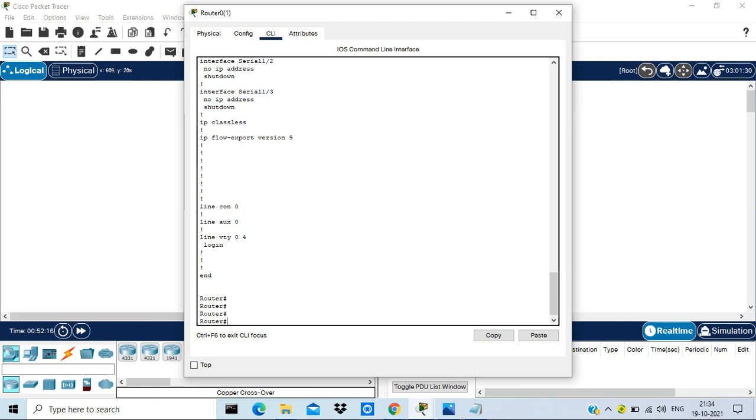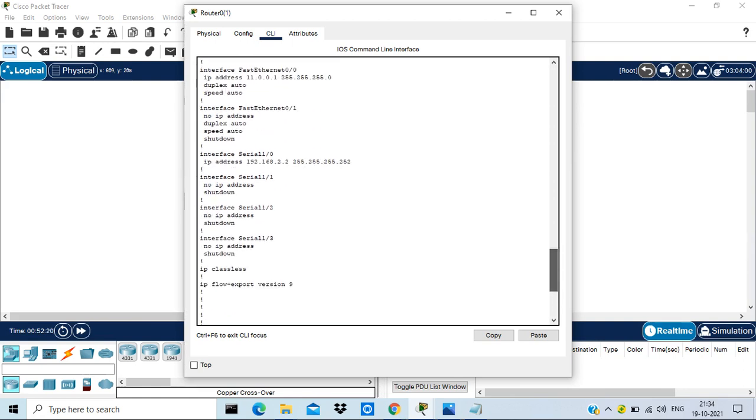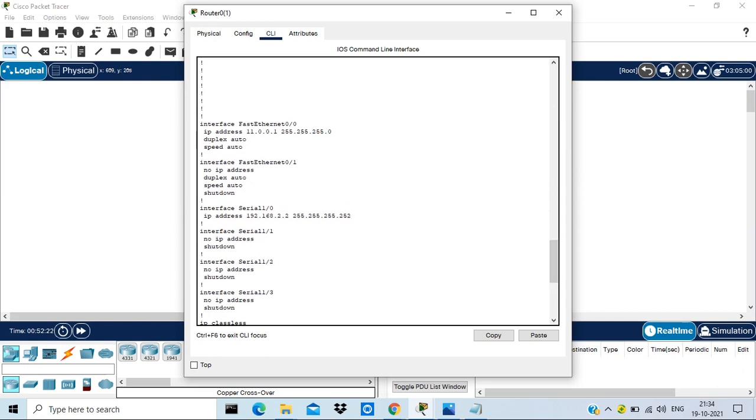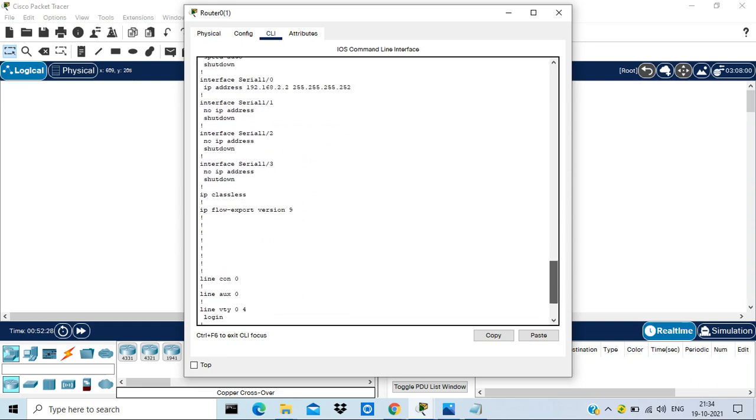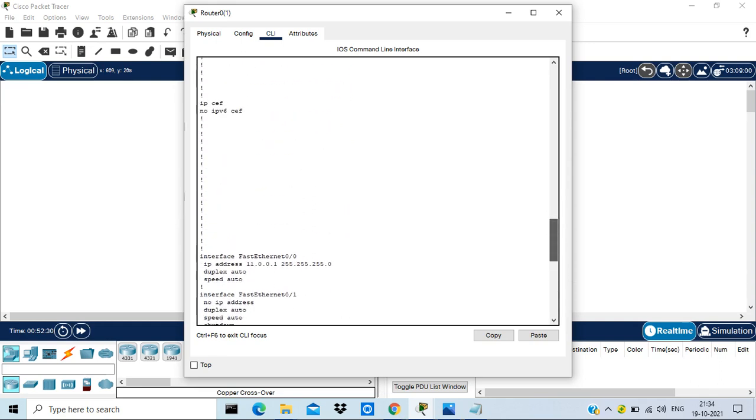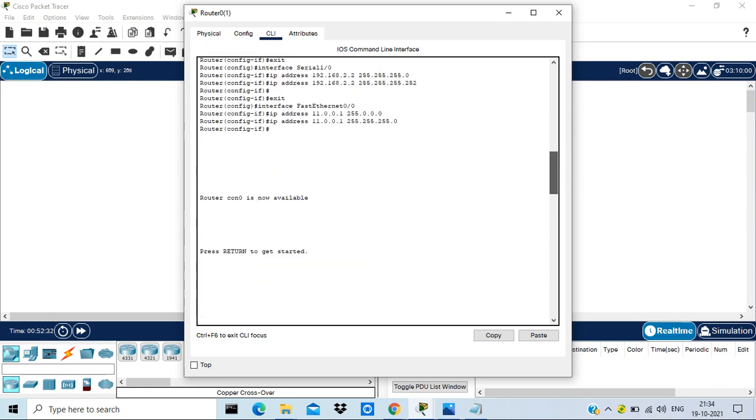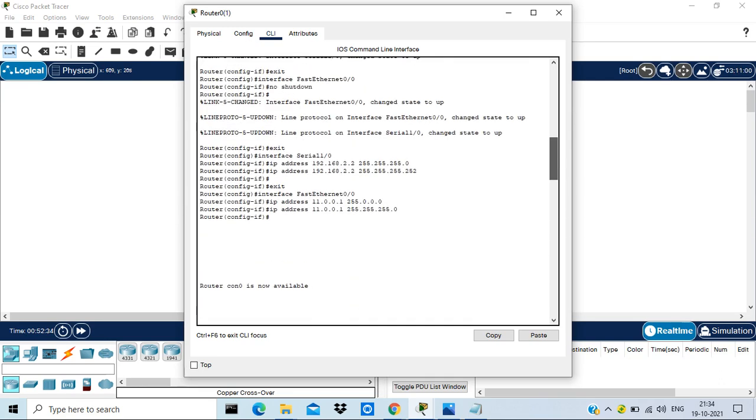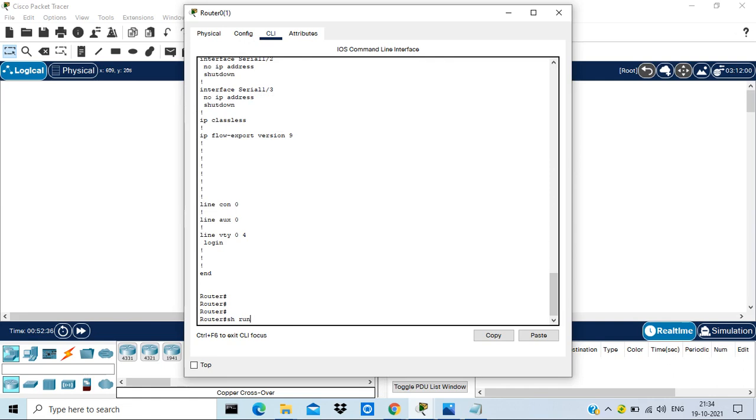Okay, I have forgotten to add the IP route. In this branch 2 router, I have only added the IPs, but I haven't added any IP route, so that's why the packet is missing. Okay, so I will just add a route.